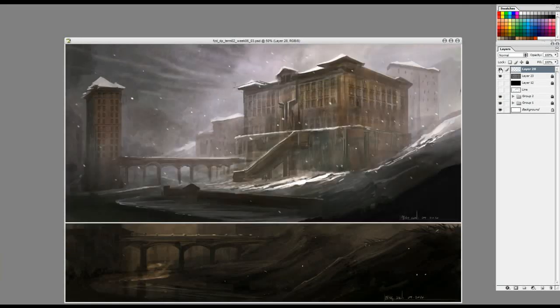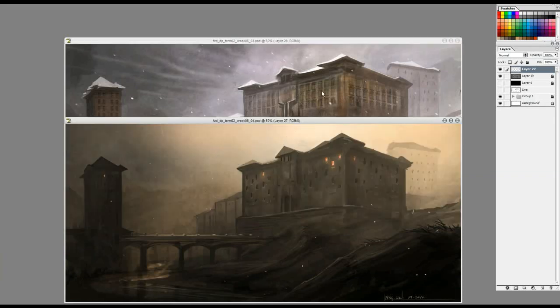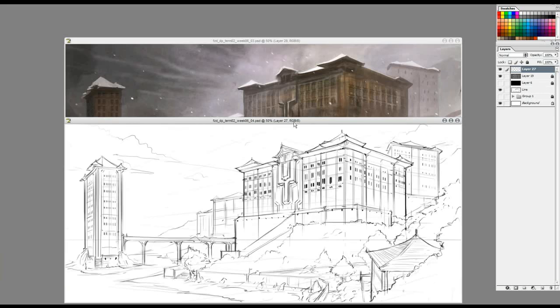So that's sort of the purpose of this tutorial here. Let's just jump into one of these. First, let's give a quick background of where these come from. Before I start any painting, I like to give myself a little bit of background